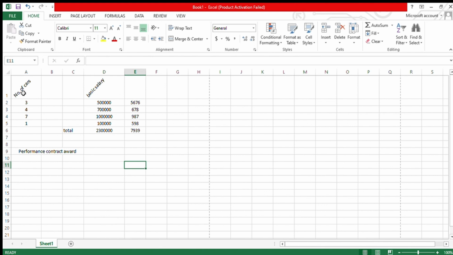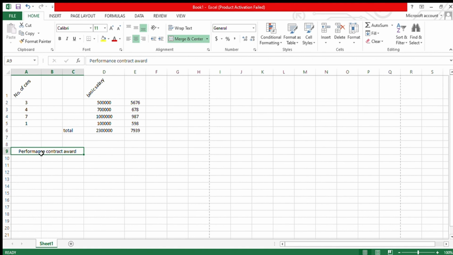Other than the rotation of cells, we can indent text within cells. So we can increase or reduce a space from the left margin of a cell to the right character in that cell by using the indent button on the toolbar. So for example, let's say we want to indent this text or this text. You can increase the indent, click the increase indent